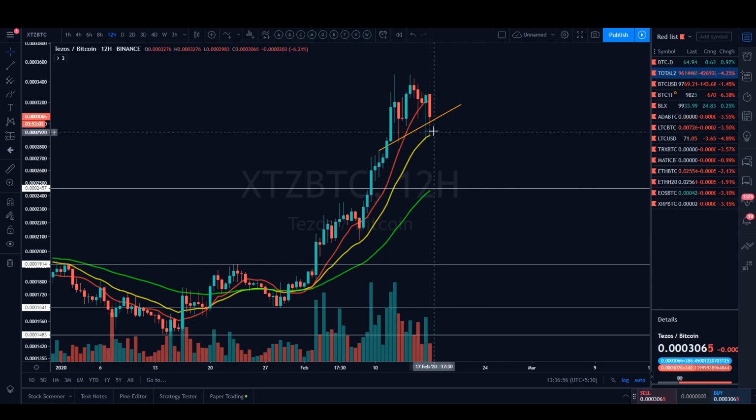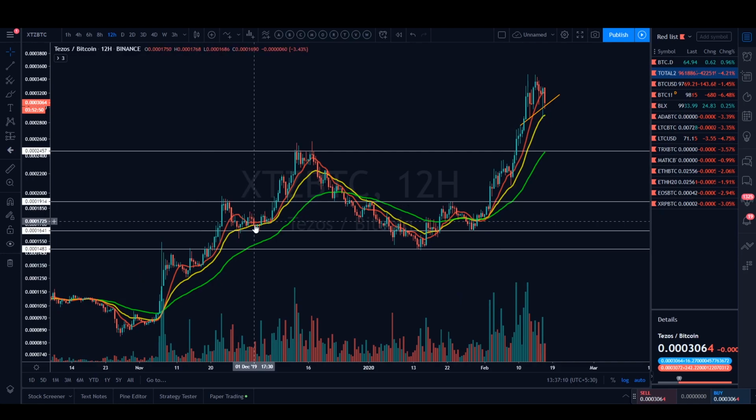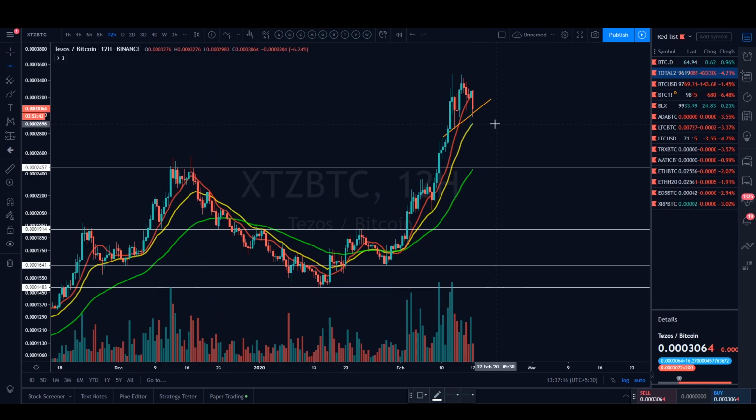If I was still in it, I would have my eyes on this 12-hour 21 EMA. Like I said, my observation is that Tezos trends very well on that 12-hour. So that is going to be my first level. I think that's the first level that everyone should be keeping an eye out on, right? That 2,898 level, basically the